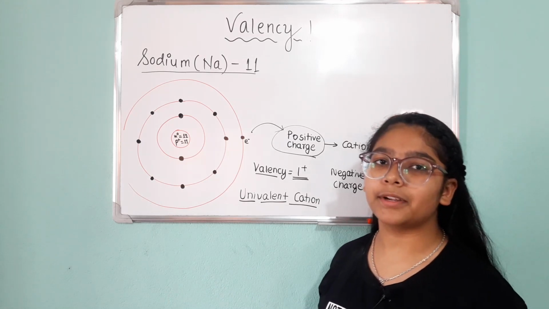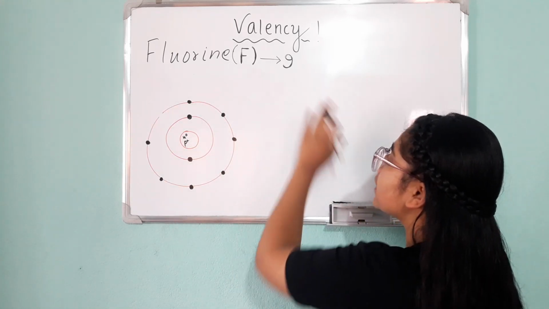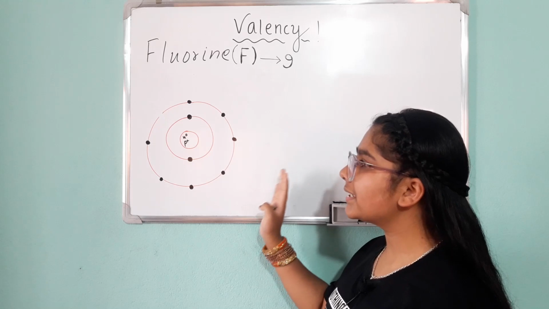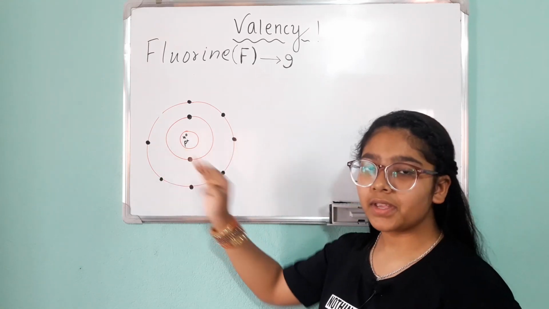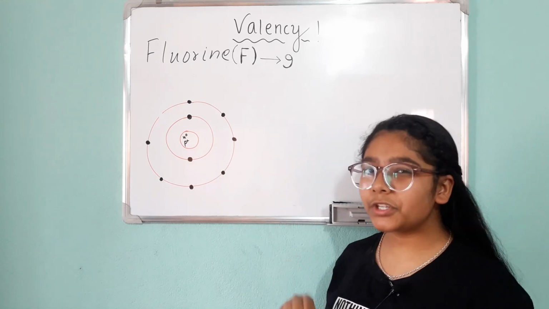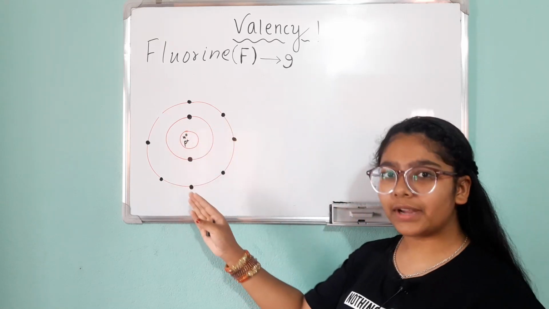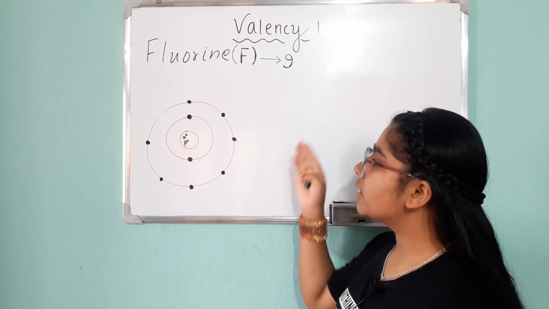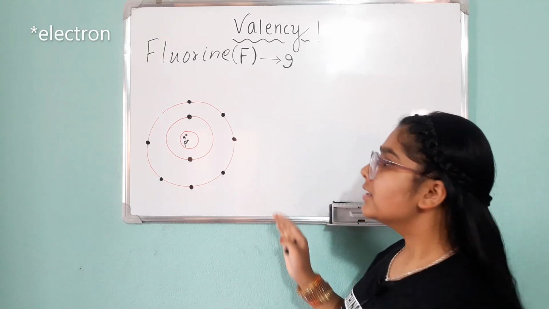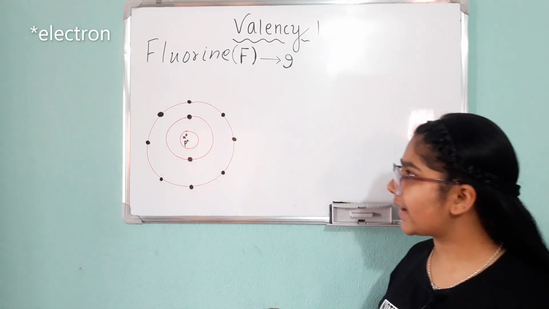So now let's move on to the next element. Now fluorine. I have made the electronic configuration of it, and the atomic number is 9. So I have made it 2 in the first orbit and 7 in the last orbit. To satisfy the octet state, it needs to gain 1 electron, or it needs to lose these 7 electrons to satisfy the duplet state. So which one is easy? You tell me. Is it easy to gain 1 electron from another element, or lose 7 electrons? Of course it is easy to gain 1 electron. So now it will take 1 electron, and the octet state is satisfied here.